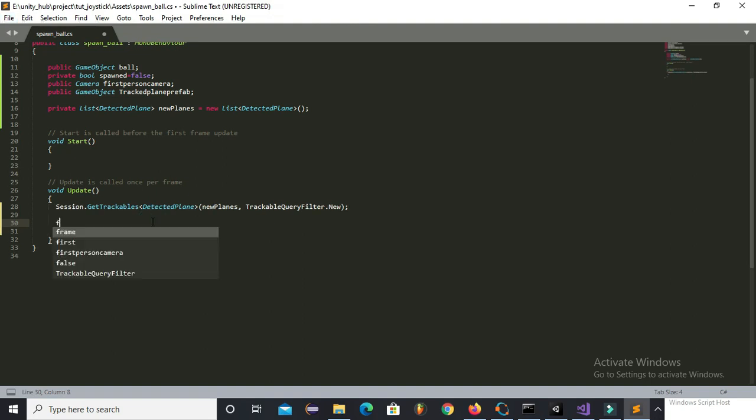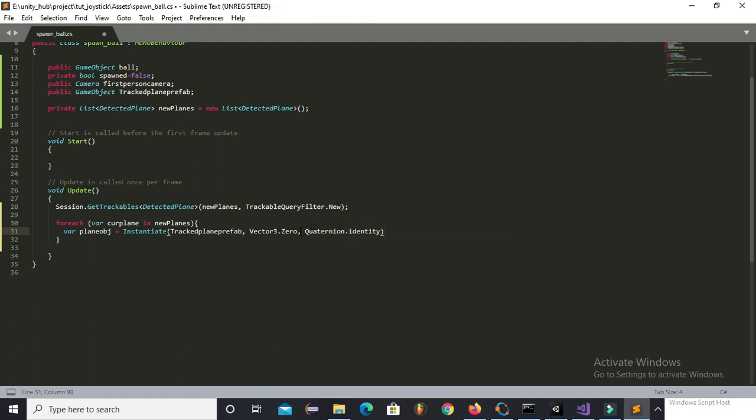We will traverse over this list. So this instantiate method will instantiate the tracked plane prefab when the plane is detected.